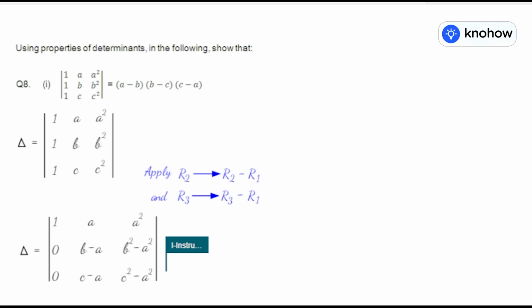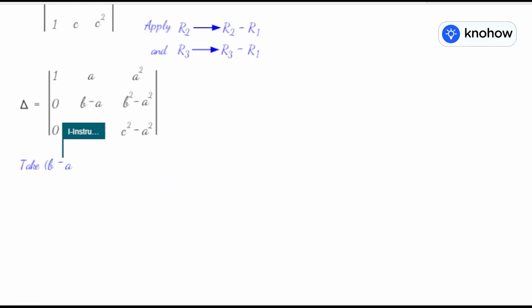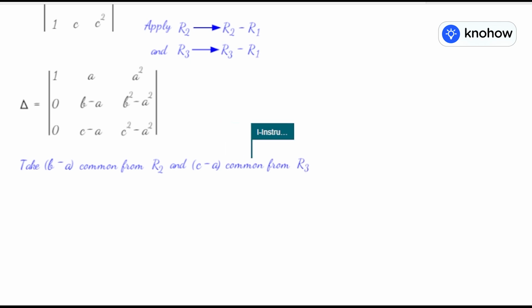And now look at the right hand side carefully. You need to prove it equals a minus b, b minus c, c minus a. Do you find that in column 2 b minus a is common? Because after all, b square minus a square can be factorized as b minus a, b plus a. b minus a is common. Similarly, from c square minus a square, we may take c minus a common. So here you take b minus a common from R2 and c minus a common from R3. So you get